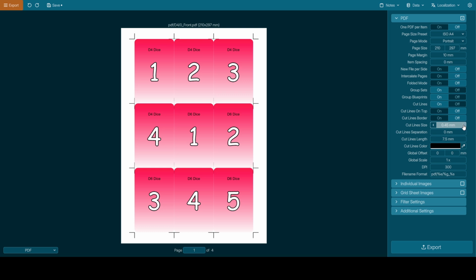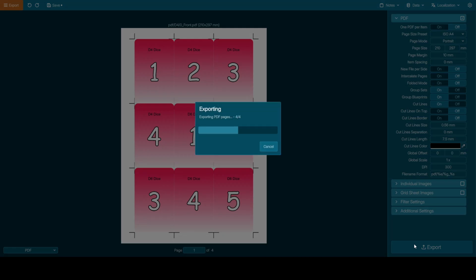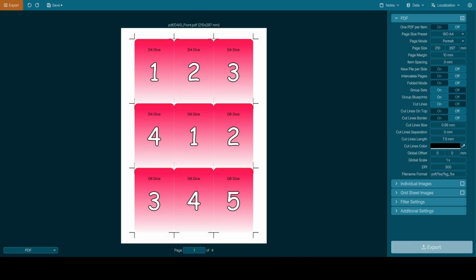There are a lot of different kinds of options that you can use to tune these, and then just export. And now I have my file available. It actually opens the file explorer on another screen so I can see the PDF. So this is how it works with Tabletop Creator Pro.